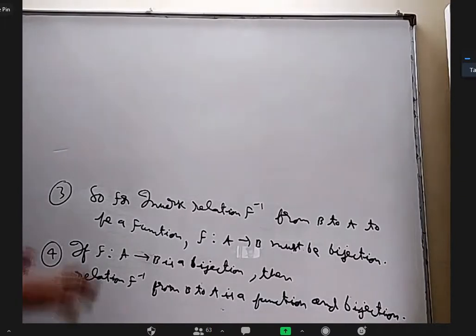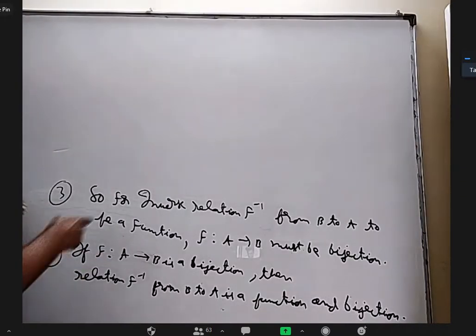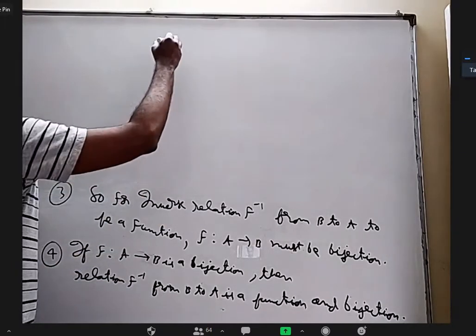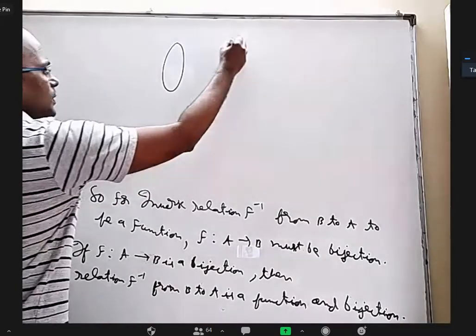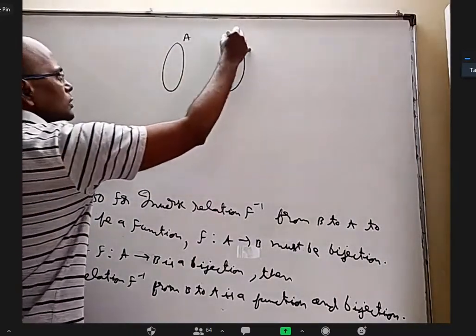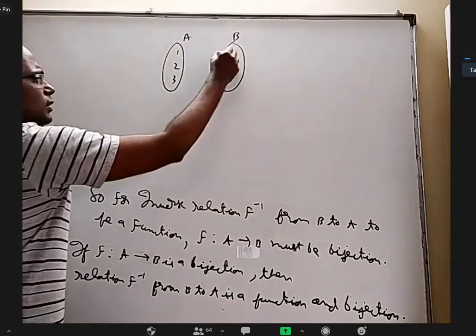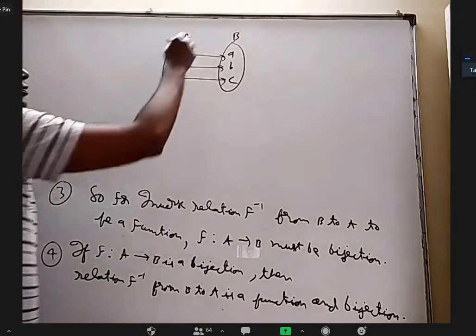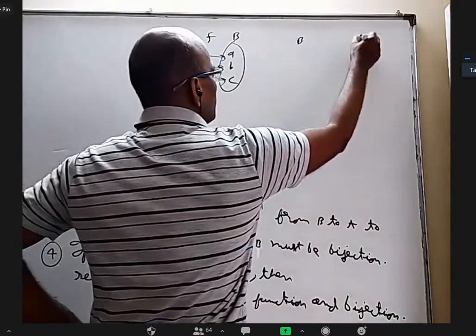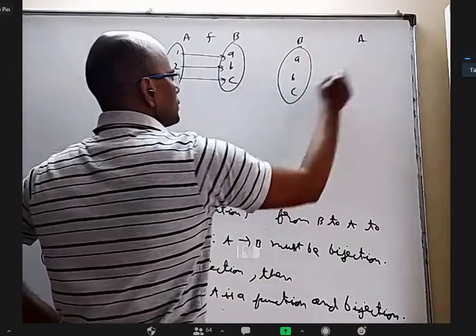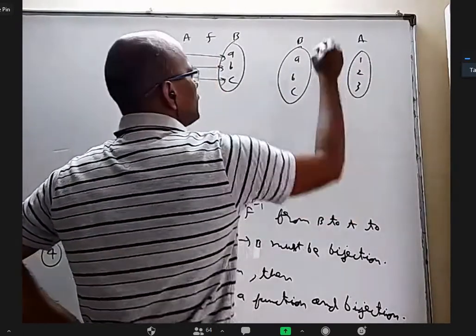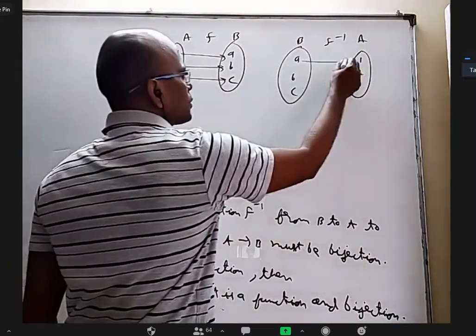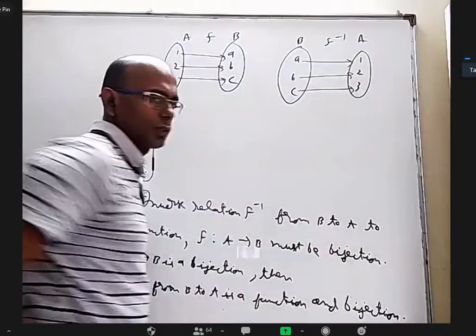Okay, so we discussed inverse functions. How to find the inverse function if the original function is given, we'll discuss all that. Let us look at an example. I have set A to set B, let's say 1, 2, 3, and here some A, B, C. 1 is connected to A, 2 is connected to B, 3 is connected to C. This is f. For f inverse, B to A, A, B, C to 1, 2, 3. In f, if 1 is connected to A, here A must be connected to 1, B must be connected to 2, C must be connected to 3.